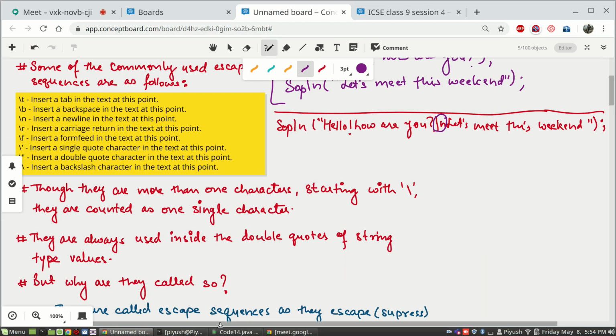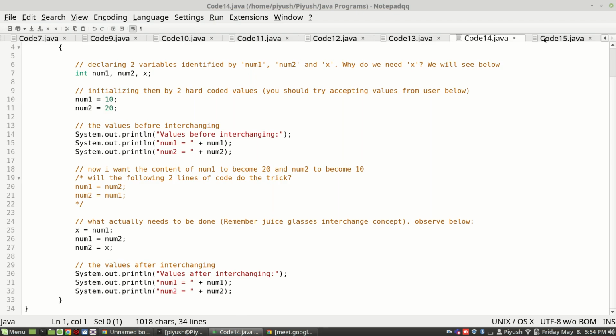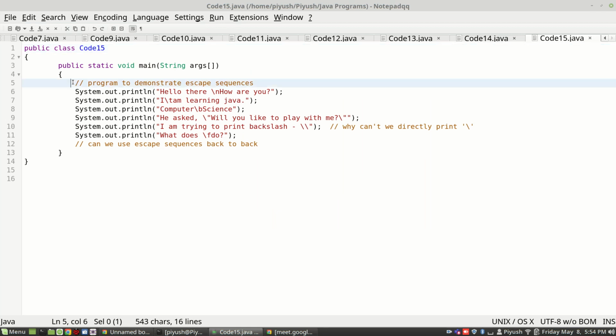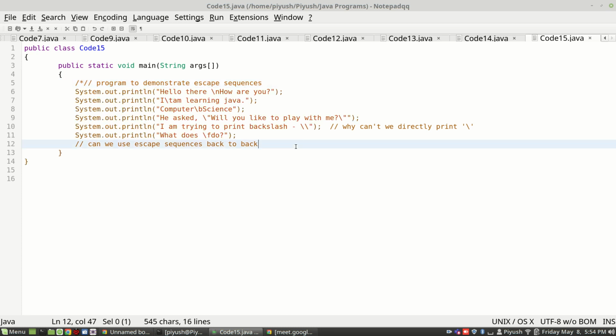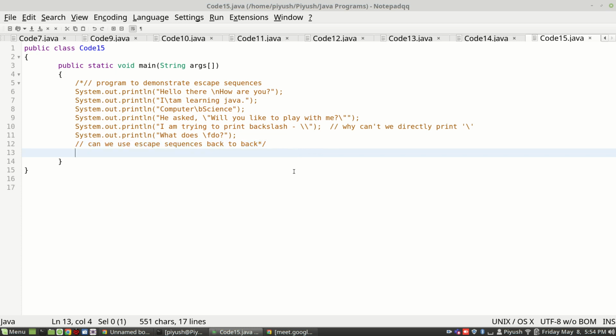So let us see in the program. Okay, let me comment everything for now. For that I will use a multi-line comment, so that I can show you only that portion. Okay, now what I'll do is I'll use that thing only. So let's say if you are not printing this, what will be your output? You can see line number 13. If you are executing this program, what will be your output?